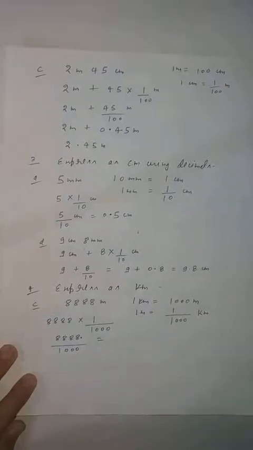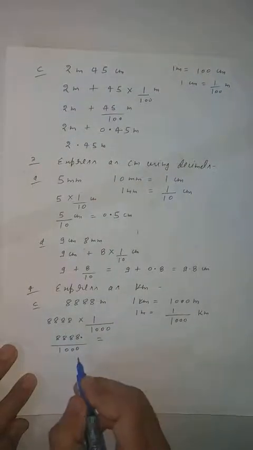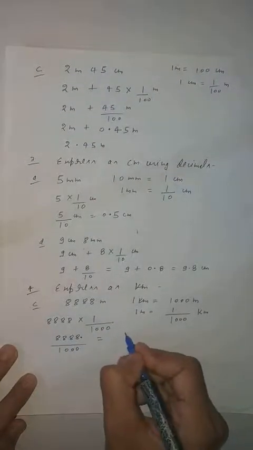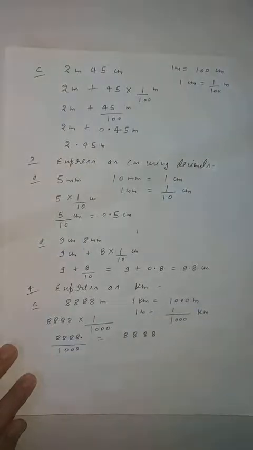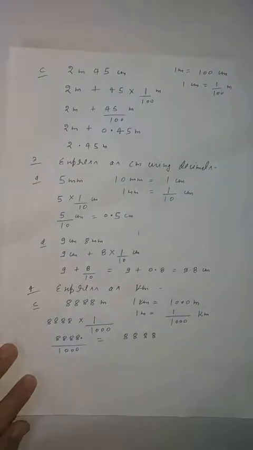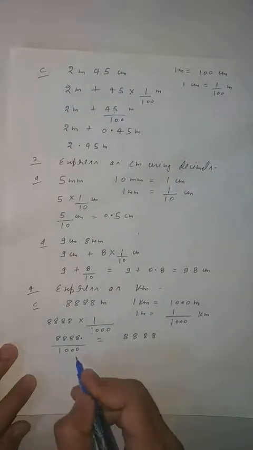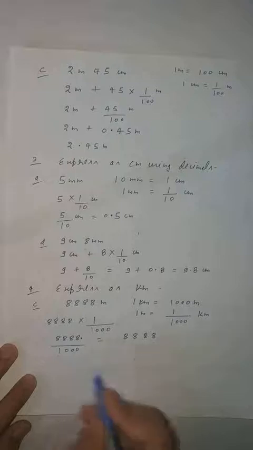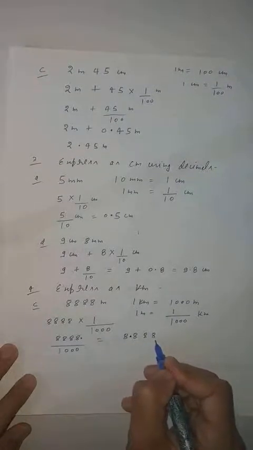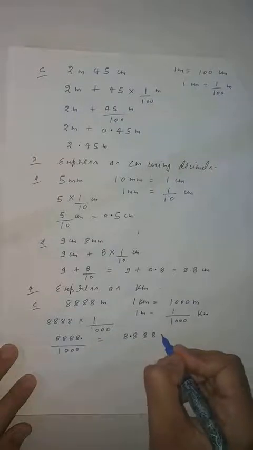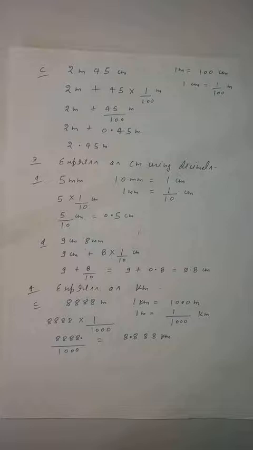Clear? Now what you will do? 30 is given, student. So similarly, what you know that about this? If 3 digit, yani after decimal there will be only 3 digit. So write down 8,888. Now you have to decide where you will put decimal, so answer will be correct. Here you can see 30, yani after decimal there will be only 3 digits. So here you will put decimal, and you can check after this decimal there is only 3 digit. So answer is kilometer. Clear, student? So this is your correct answer.